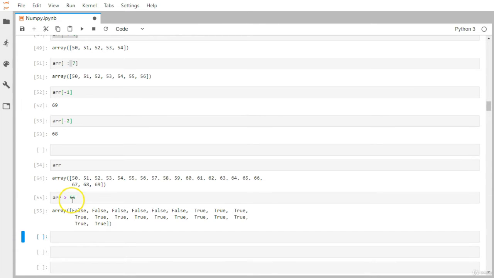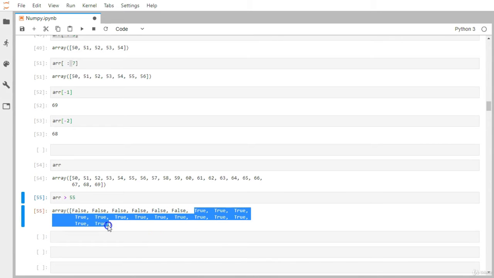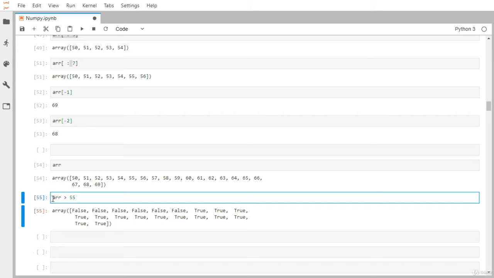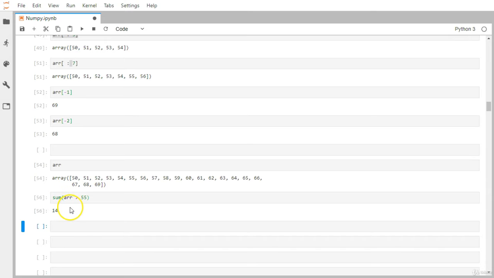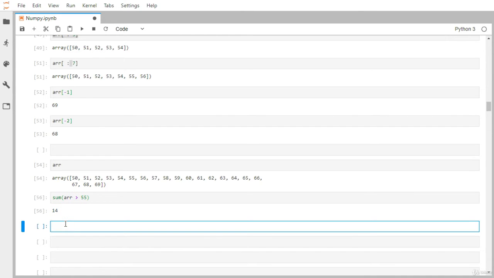Wherever the element is greater than 55, it has written true. For all remaining elements it has written false. And if you just do the sum, you can see 14, which indicates that there are a total of 14 elements which are true, which eventually indicates that those elements are greater than 55.